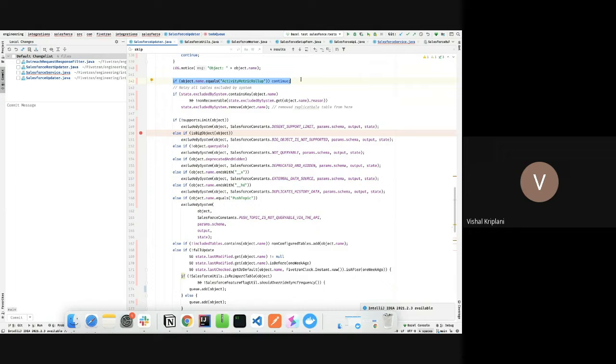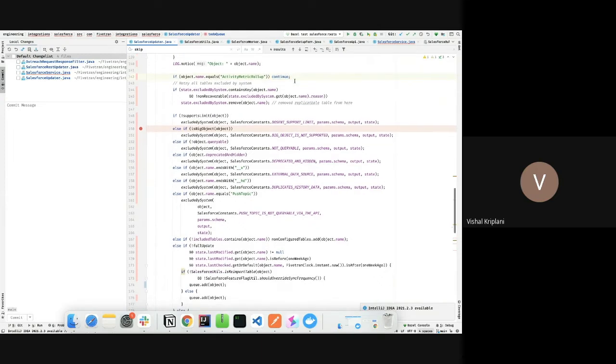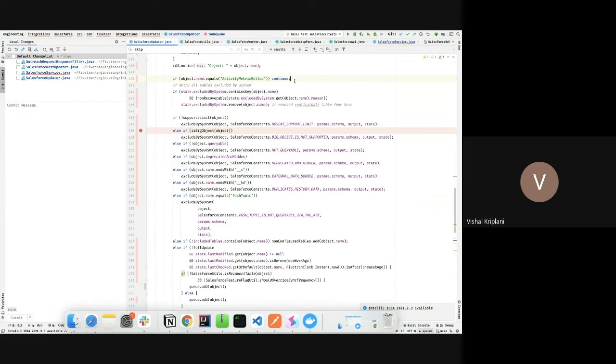Even if we do select ID from this table, we get an error. So that's why this check was added. While preparing the queue to sync those objects, we will not consider this table. It doesn't matter whether it is selected by the customer or not, we will not consider this table.